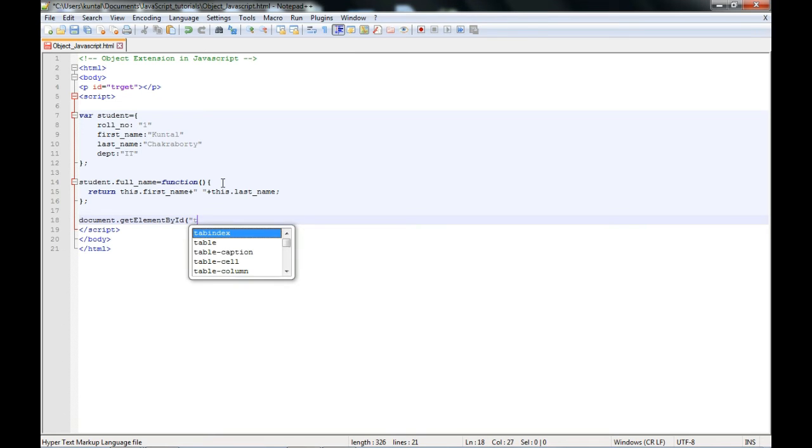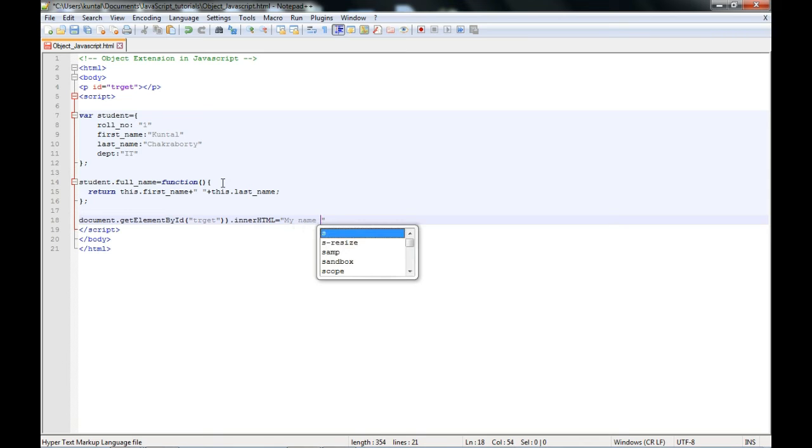Now my objective is to assign this value to that paragraph, and I know that paragraph ID. So I will write document.getElementById and mention the ID of the target. Then with dot innerHTML I am assigning student dot full name.